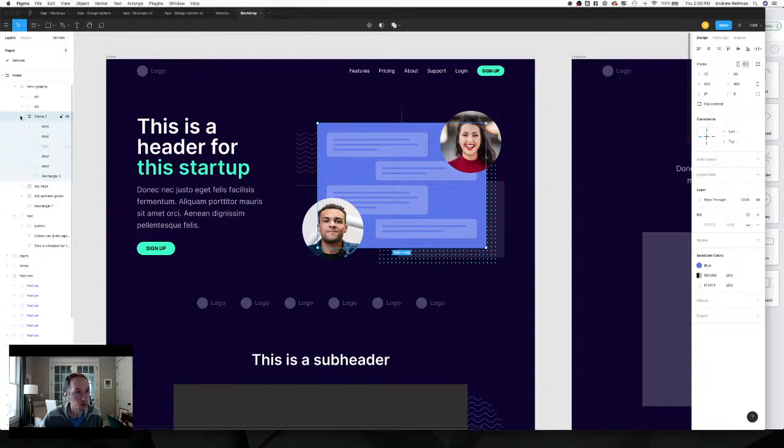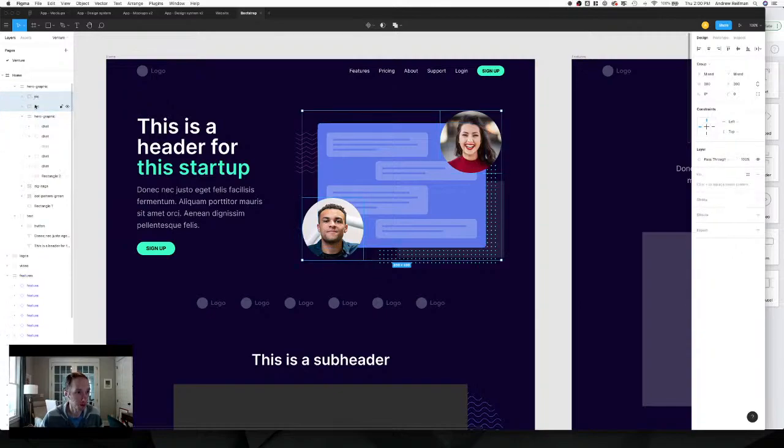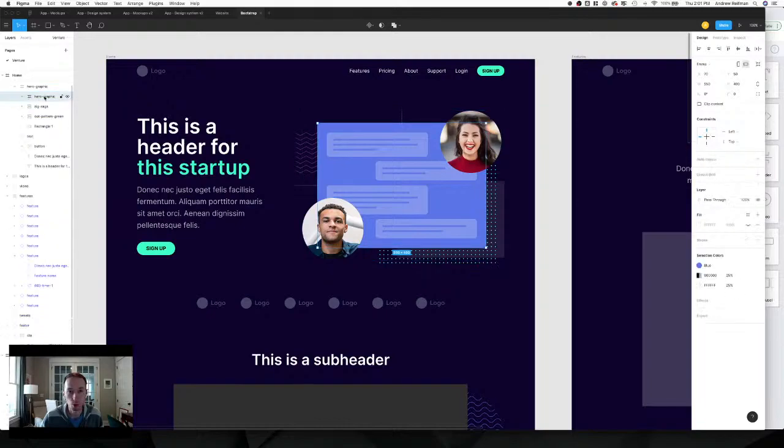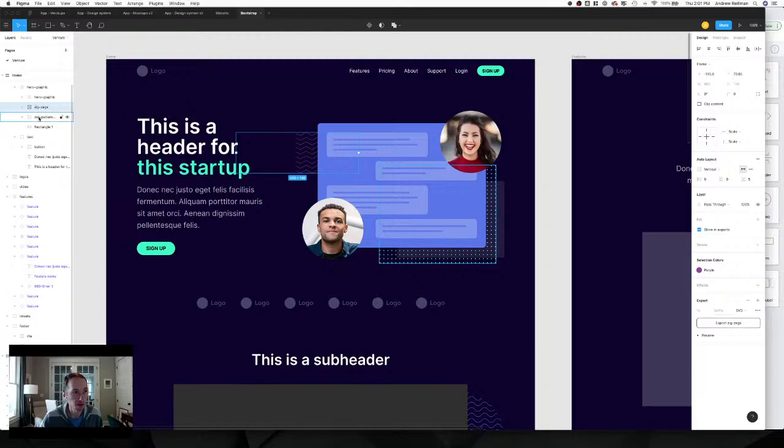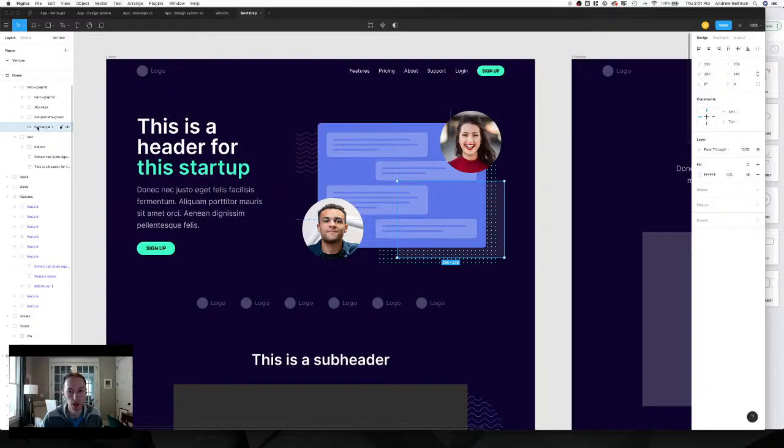Okay, cool. So first thing I'm gonna do, go ahead and name this one Hero Graphic. I'm gonna include these two pics with it as well. That way I can export this whole thing out as one graphic. And I'm gonna have the zigzag as a separate SVG, the dot pattern, and probably this rectangle. So let's call this one